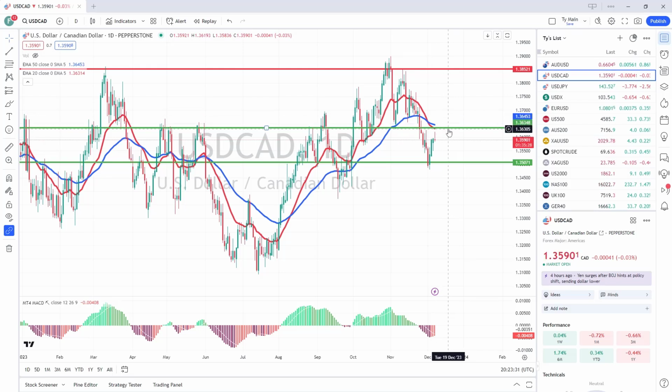Really still a scalping mode on the US dollar CAD. I wouldn't be looking at long-term positions just yet. Personally, I think the scalping between the zones that we've been talking about for weeks and weeks have served us very, very well. And I think they're still the right option because we haven't really got a continued and sustained